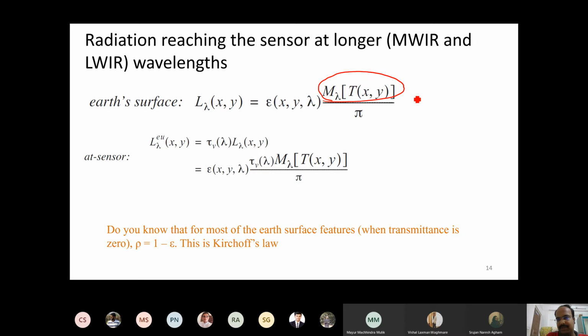And what we have to use is Planck's law for Earth's temperature. Say you assume the Earth's temperature is 300 Kelvin, and apply Planck's law for the wavelength of your interest. Say I am observing between 10 to 12 micrometers. Substitute 300 Kelvin in Planck's law, integrate it between 10 and 12 micrometers, and you will get the total energy emitted according to Planck's law. This is very similar to what we do for the sun. We are doing it for Earth's surface by changing the temperature and the wavelength in which you are observing.